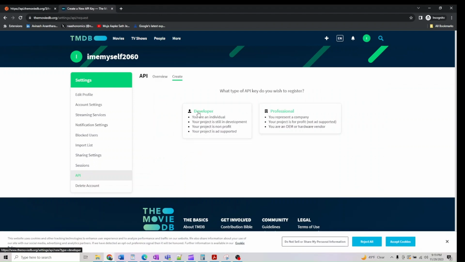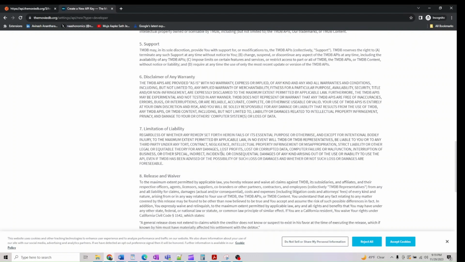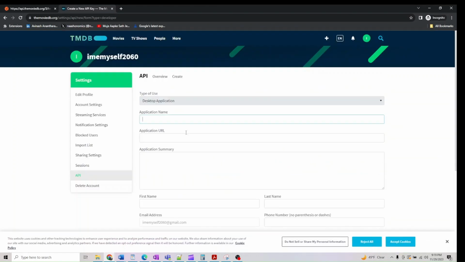And I did it as a developer. If you want a professional or a company, you can do that too, or a non-profit. So I'm just doing it as an individual, and it gives some rules which I'm really not reading. So I just click OK. And here you can give the application name. So to do that, what I will do is,